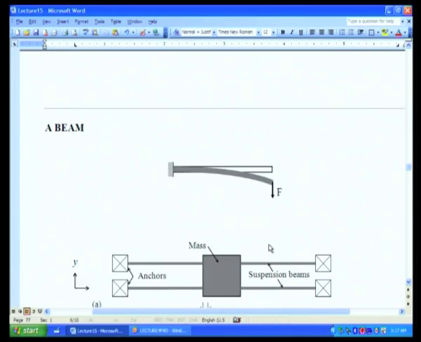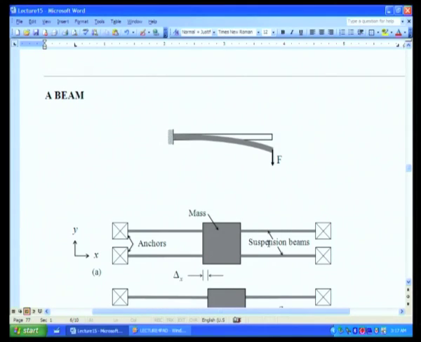Now, let us move on to the next level of detail, which is bending of beams. In the case of bending of beams,